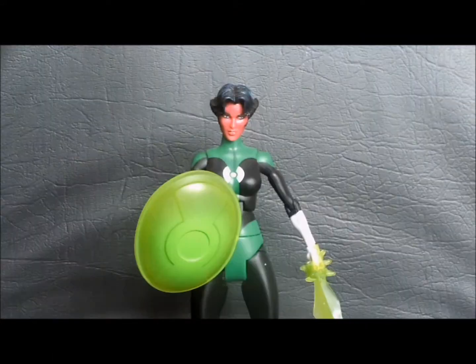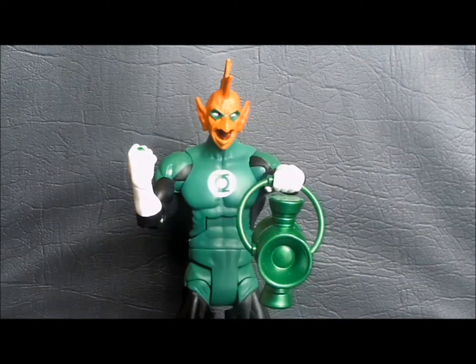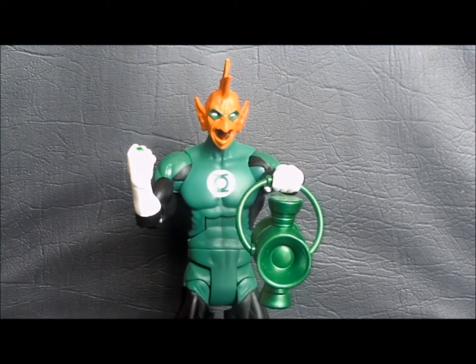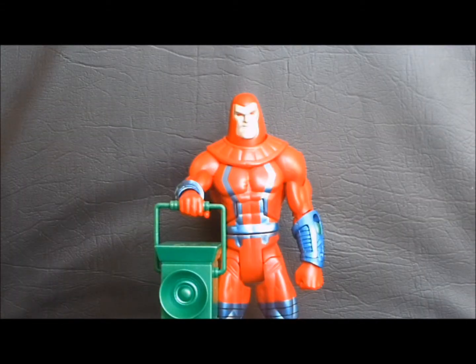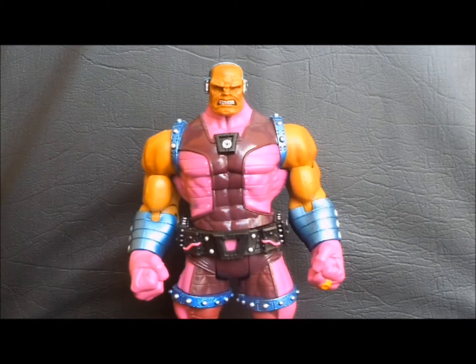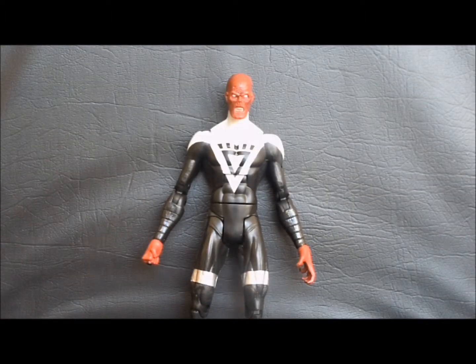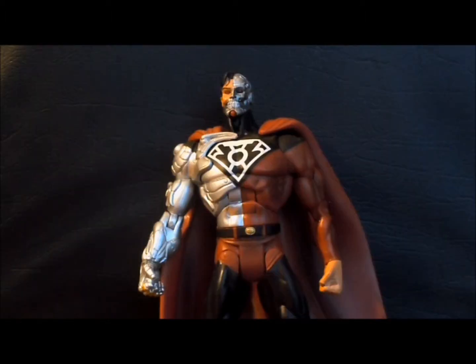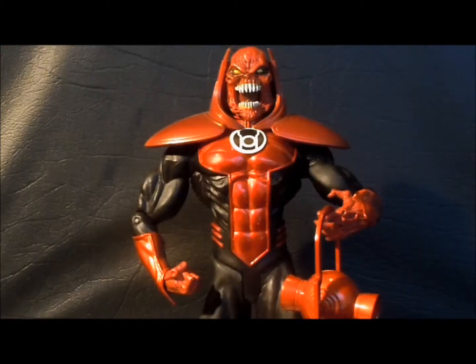Today on Outside the Box Review, we are taking a look at the DC Universe Wave 11 Katma Tui, the DC Universe Classics Green Lantern Light 5-pack Tomar Re figure, Green Lantern Classics Wave 1 Kyle Rayner figure, the Green Lantern Classics Wave 1 Manhunter, Green Lantern Classics Wave 1 Mongul, the Green Lantern Classics Wave 1 Black Lantern Abin Sur, the DC Universe Classics Wave 11 Cyborg Superman, Green Lantern Classics Wave 1 Sinestro Corps Lobo and Mash,